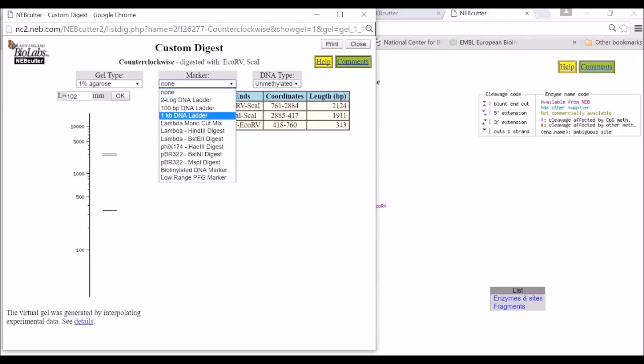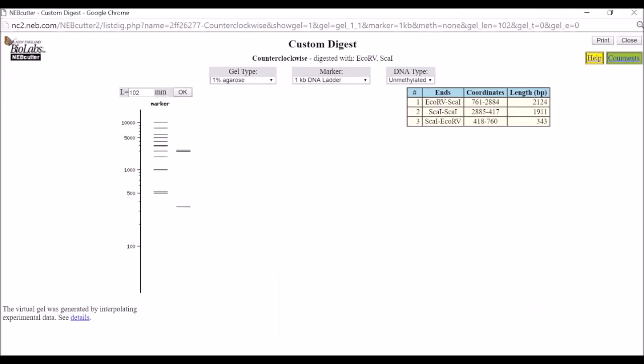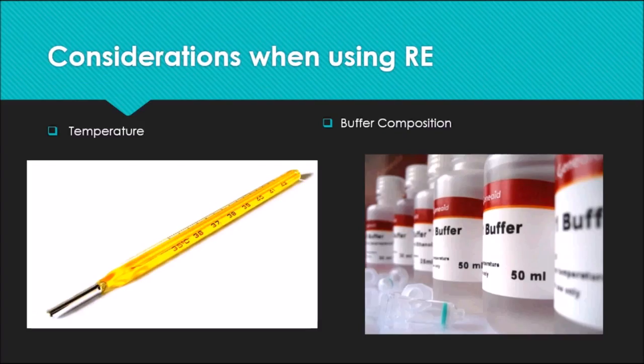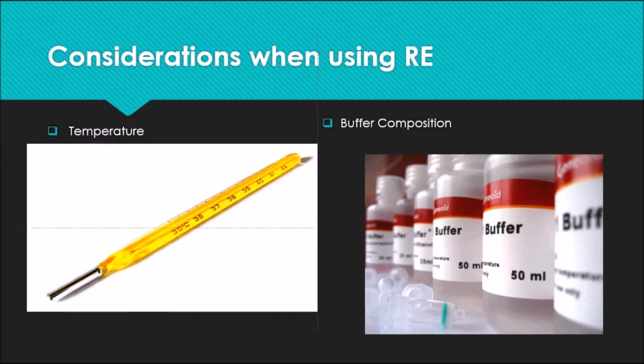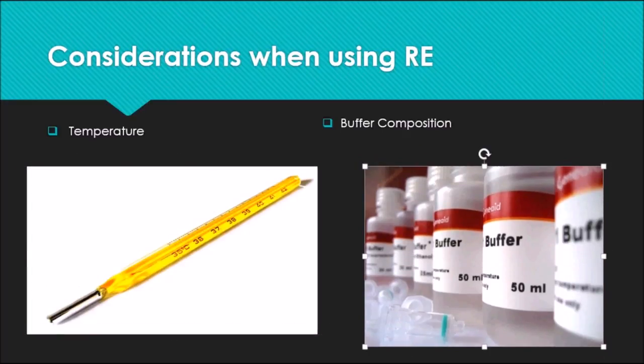You also can visualize the gel, and that's all. There are some considerations when using restriction enzymes experimentally: the temperature and conditions, the buffer composition,